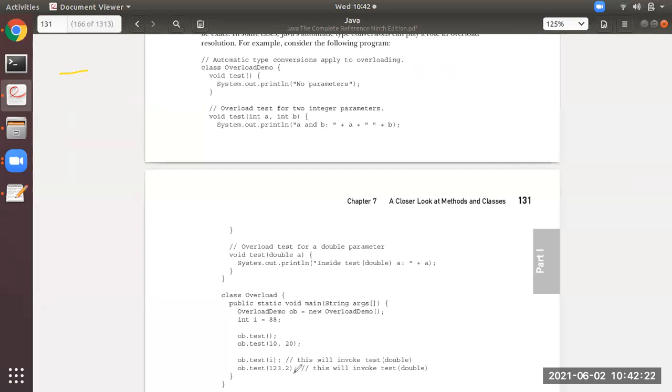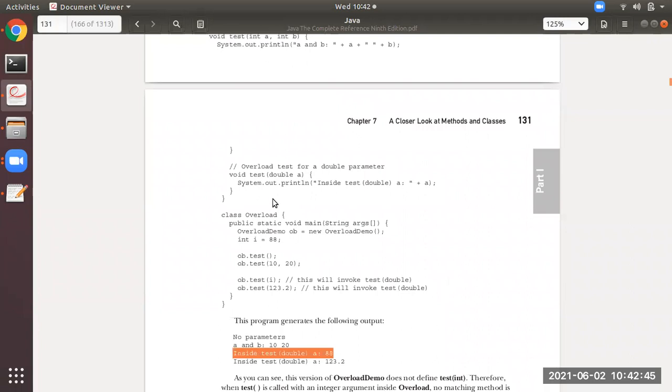Okay, that is over here now. That is, ob.test of 88 will call this one, that is test double a, that is 88 will be automatically promoted to double, that is from int it will be promoted to double. That's it. So you all can observe the output also.